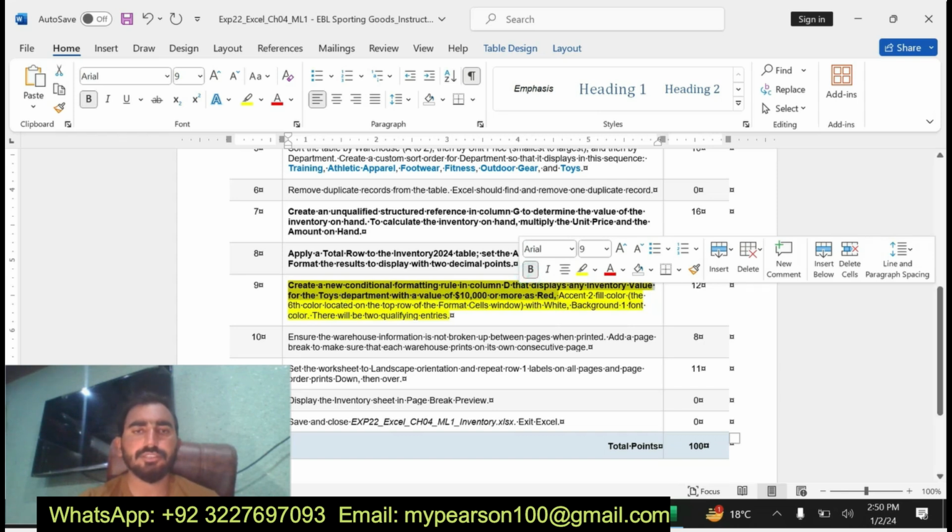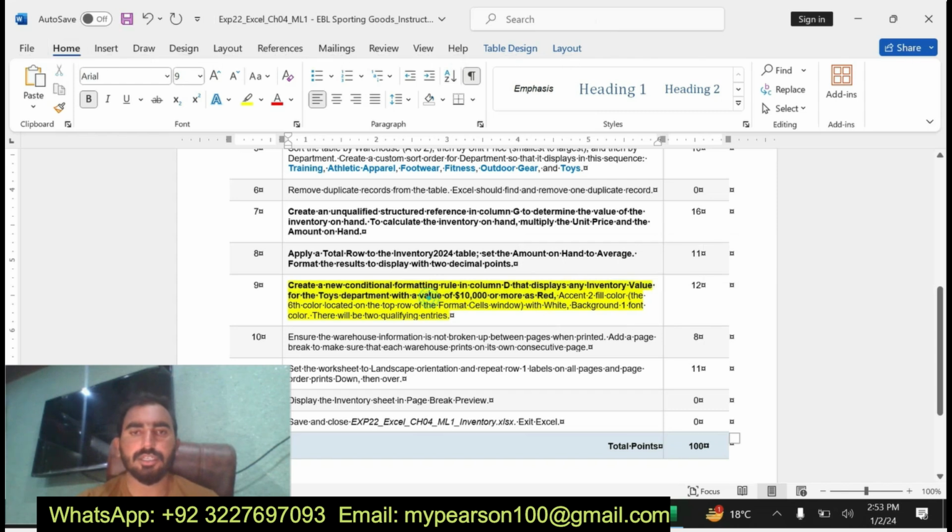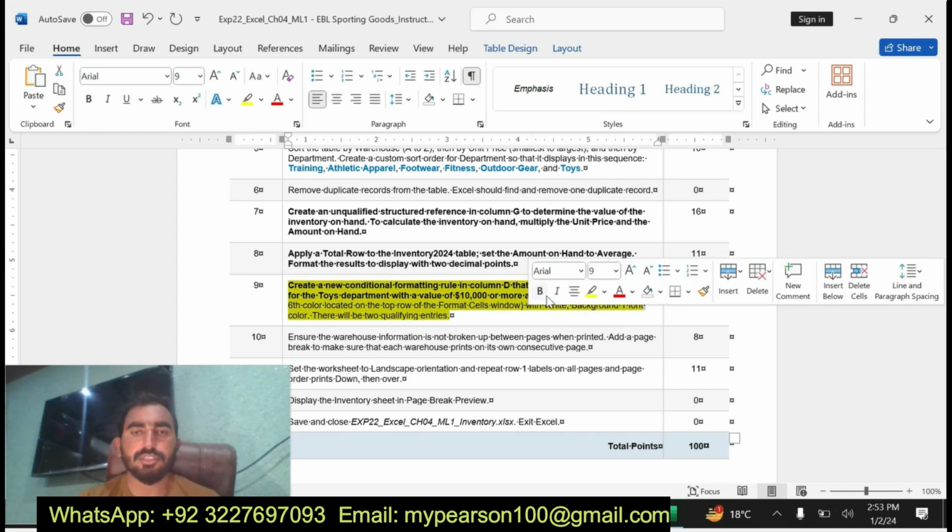You can see I am going to apply the new conditional formatting rule in column D, step 9.